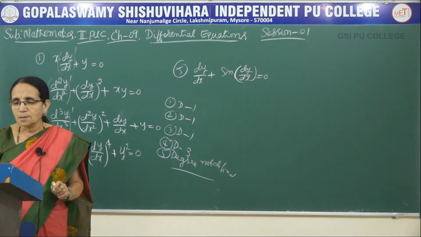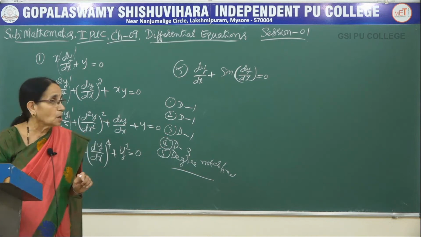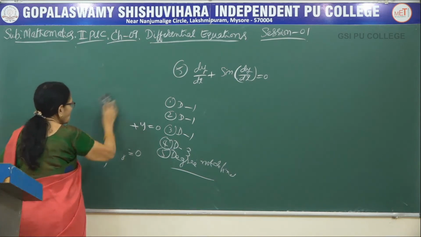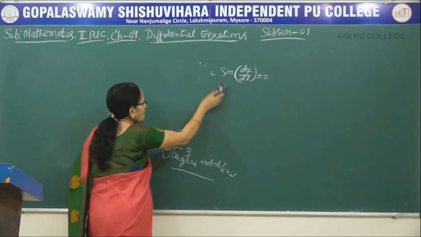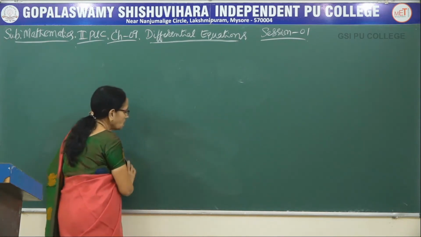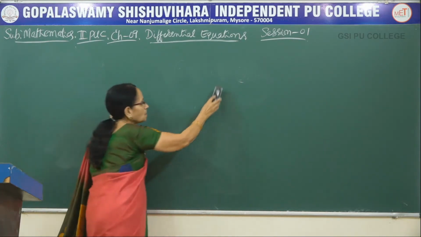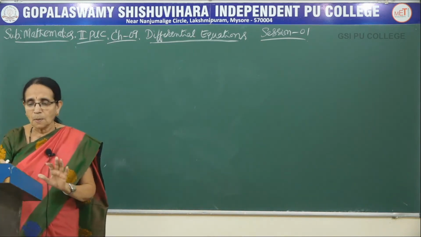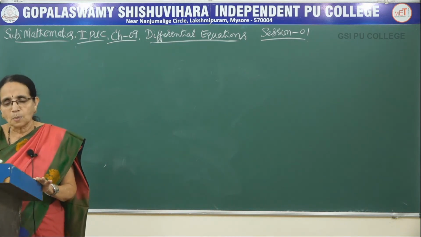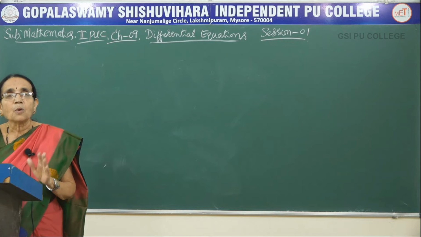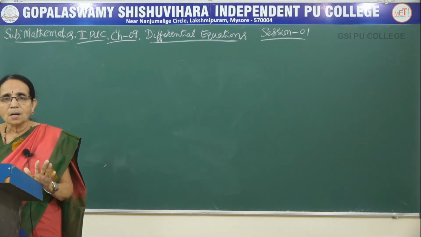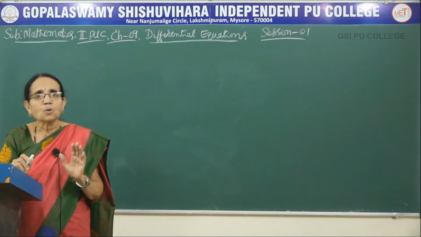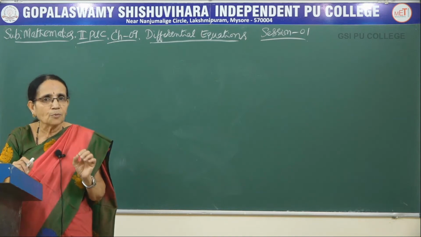Okay. Now, this is the information I just wanted to give you about this, the basic information. I told you only one problem on finding the degree and the order of the differential equation would be given in part B for a 2-mark question. So, I am going to work out some problems now, for which you have to find out what is the degree and what is the order. And order, for all the differential equations we will be having the order. Only the degree, we have to observe properly whether the degree is defined or not.